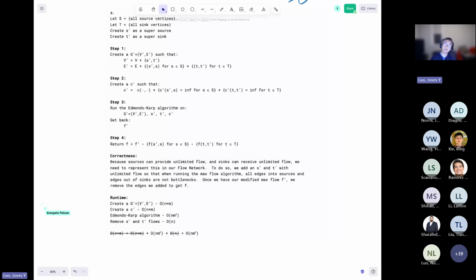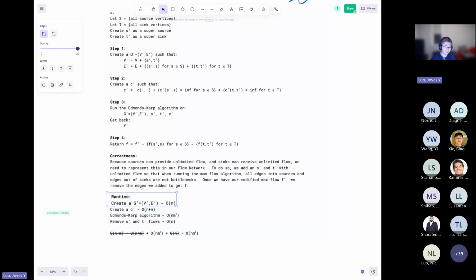Do I want this to be O(n)? Yeah, let's make this O of n. I like this as O of n better. I don't like O(n plus n). So it's going to be O of n because that's how many possible vertices could be in your graph that could be sources and sinks, and you're adding an additional edge for each of your sources and sinks. So it should be just O of n, and then creating this new C